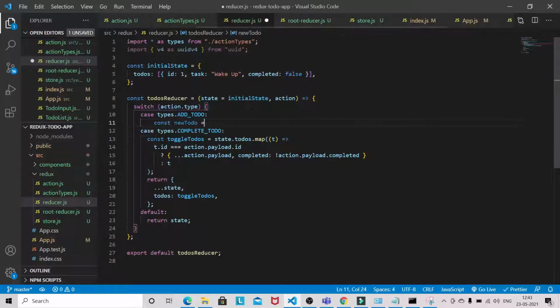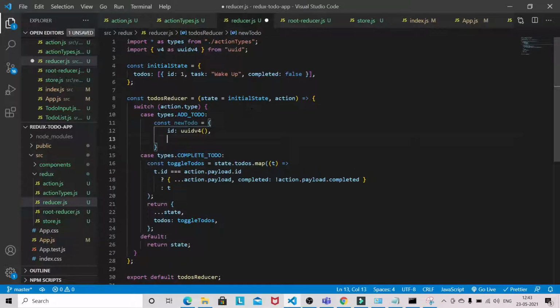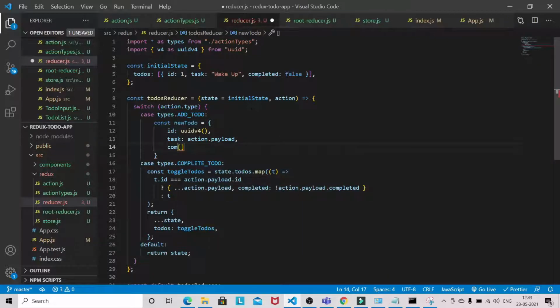So new to-do is equal to an object: id is uuidv4, so it will generate a unique ID every time. Task is action dot payload, completed false. So by default it will be false.